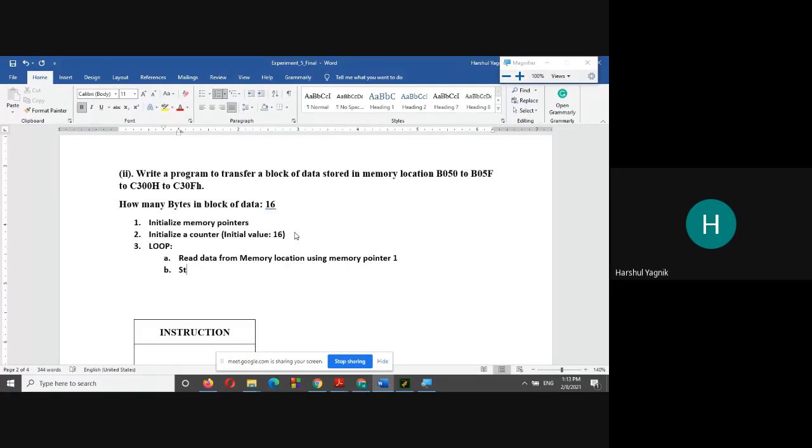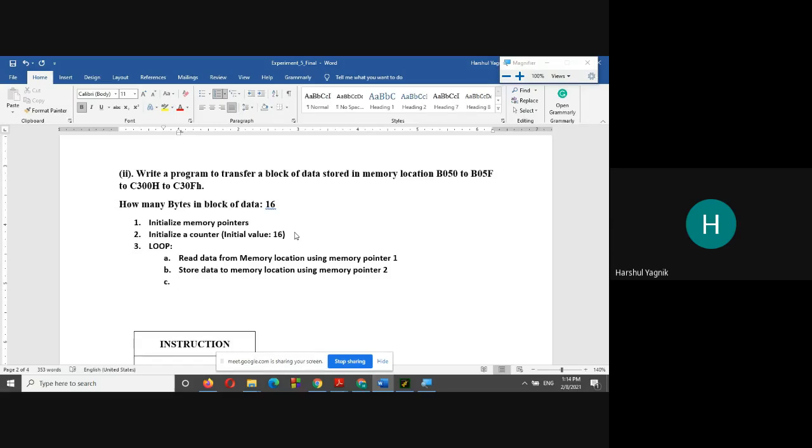Then we need to store data from the accumulator to the memory location using the second memory pointer. So this transfer is done.